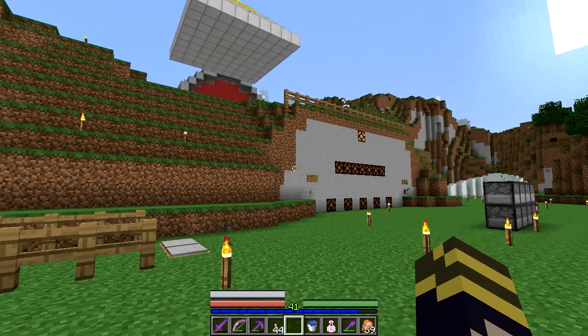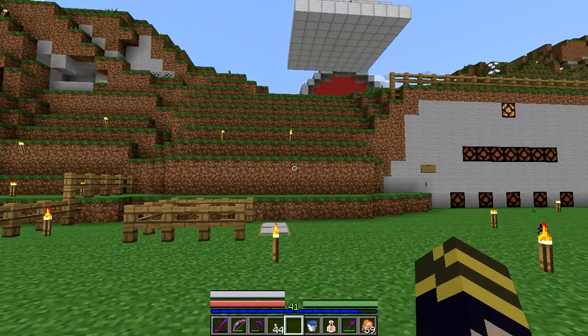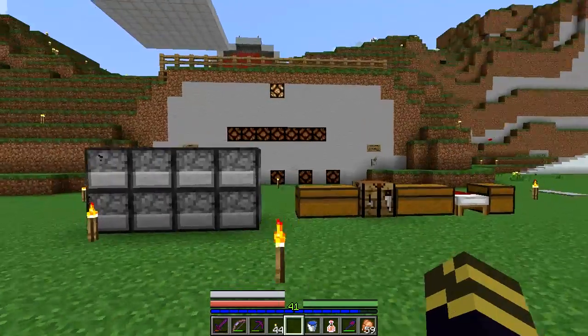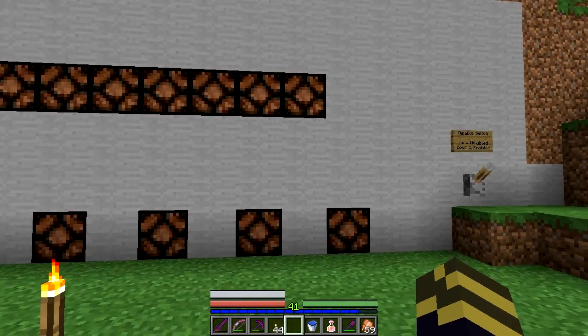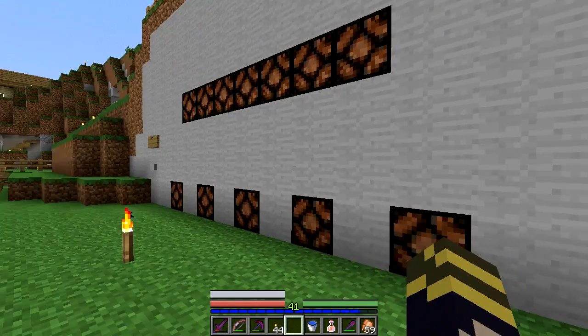Hey guys, it's Concept here, and I am back on the Malevolence server, and today we're going to be working on the horse testing area a little bit more. It's about to be nighttime, so I'm going to have to sleep in a second, but yes, this is what we made in the last episode, and I've added one little thing to it, a disable switch, just so in